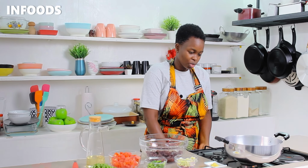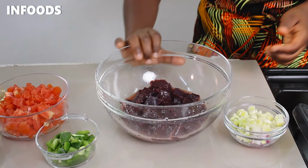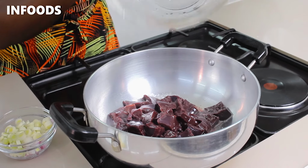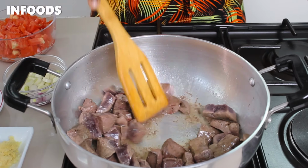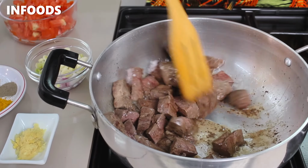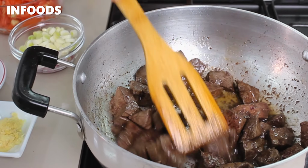So what you're going to do, you're going to place a pot or sufuria, pan, whatever you have, over medium heat. Add a little bit of cooking oil. Transfer my liver into the pan carefully. Then you're going to fry your liver in the cooking oil for around 2 to 4 minutes, or until the water completely dries off. This is how my liver is looking after frying, and it's smelling so awesome, but the liver is not yet